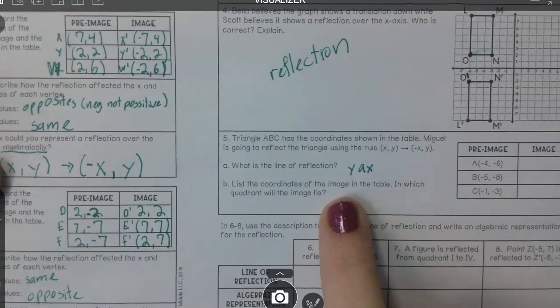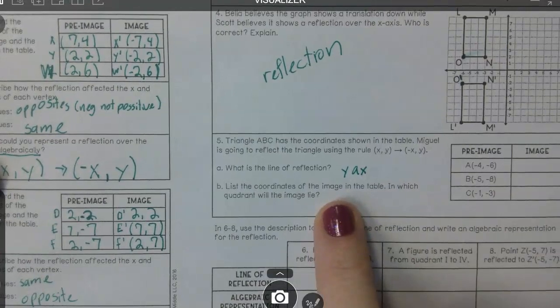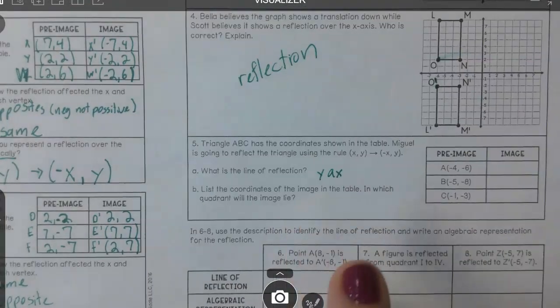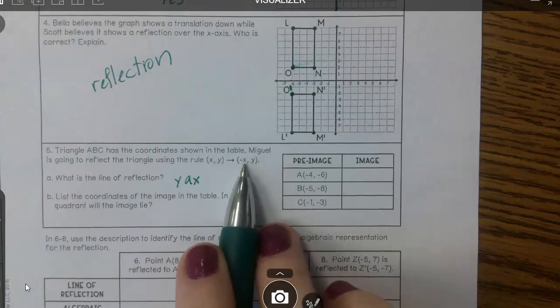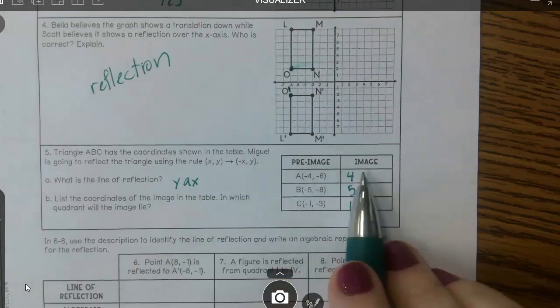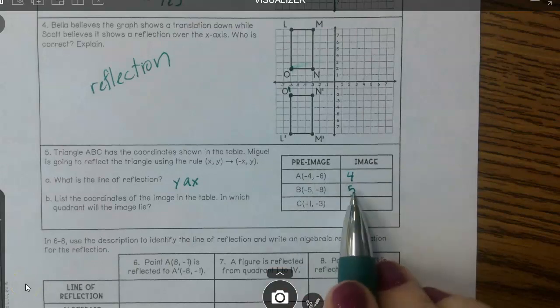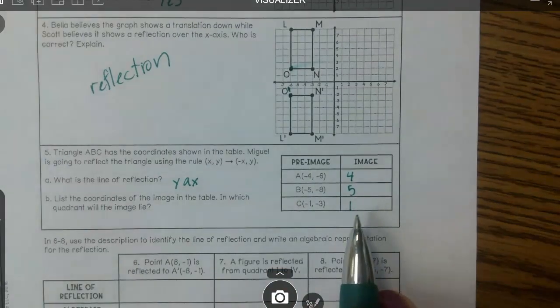Next, we need to list all of the coordinates in the table. Okay, let's do this really quick. First, all of the x's need to be the opposite. -4 to 4, -5 to 5, -1 to 1. And the y's